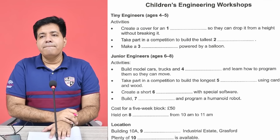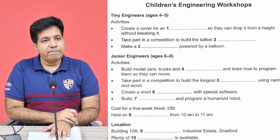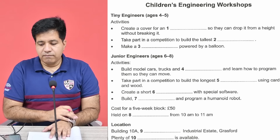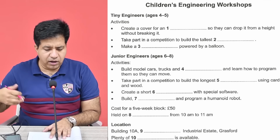Then they have something a bit different, which is to think up an idea for a 5-minute movie and then film it using special animation software. You'd be...